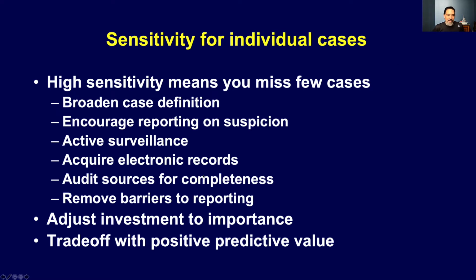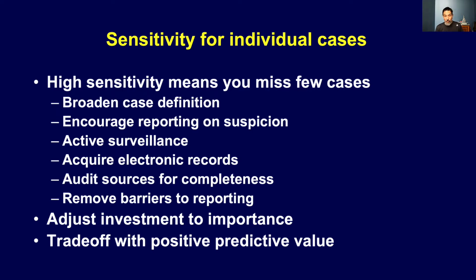So if you have high sensitivity, it means that you're going to miss few cases. It may mean that you're going to detect other things besides the cases as well. That gets to the specificity, but you can improve your sensitivity by broadening your case definition, by encouraging people to report even if they're not confirmed but just suspicious that it may be a case. You can use active surveillance. You can tap into electronic health records. And you can remove barriers to reporting. So making it easier for people to report is going to increase the likelihood that you'll hear about more of the cases that are out there. But the important thing here is that